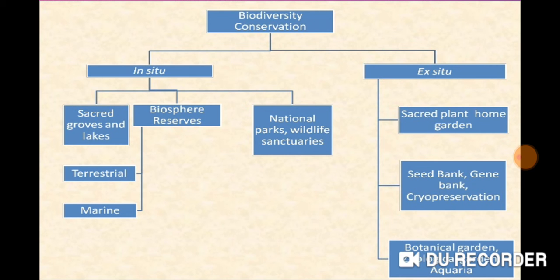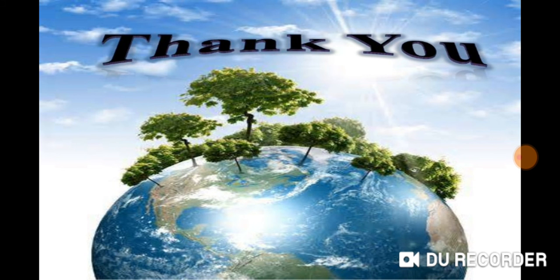We should develop a seed bank where we should store all the seeds of different varieties of plants available in our national habitat. We should save their genes, we should save their DNAs, and develop botanical and zoological and aqua gardens up to that level in an isolated area from the main city. I hope you understood the concept of biodiversity, the threats to it, what the limiting factors to it are, and how we can conserve and protect it.